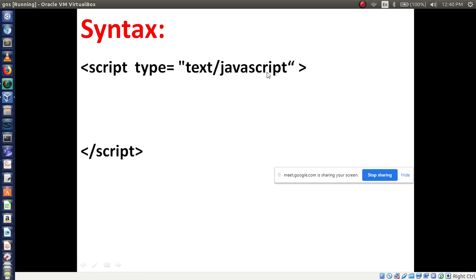This is the basic syntax. Then close the script tag. Script is opened here, then the script tag is closed. Inside this script tag you write the different kinds of code.